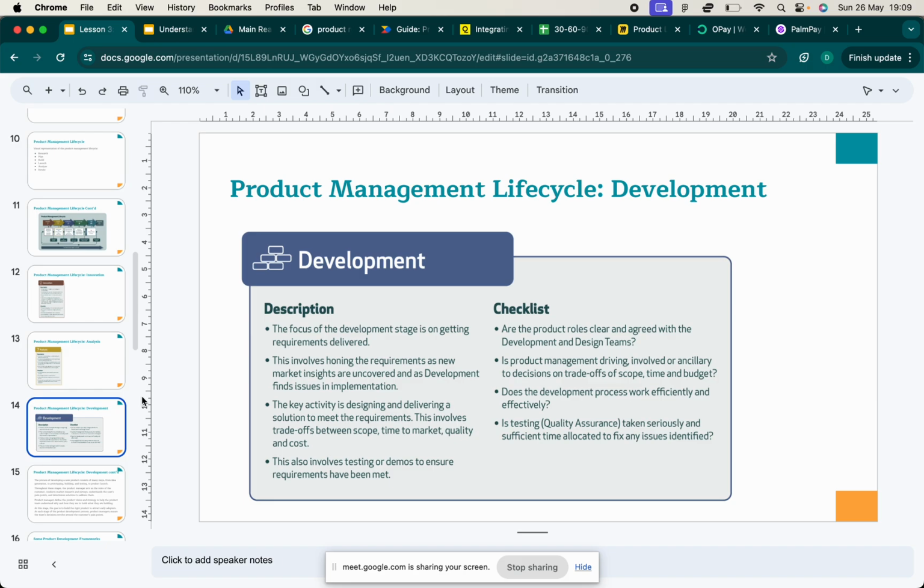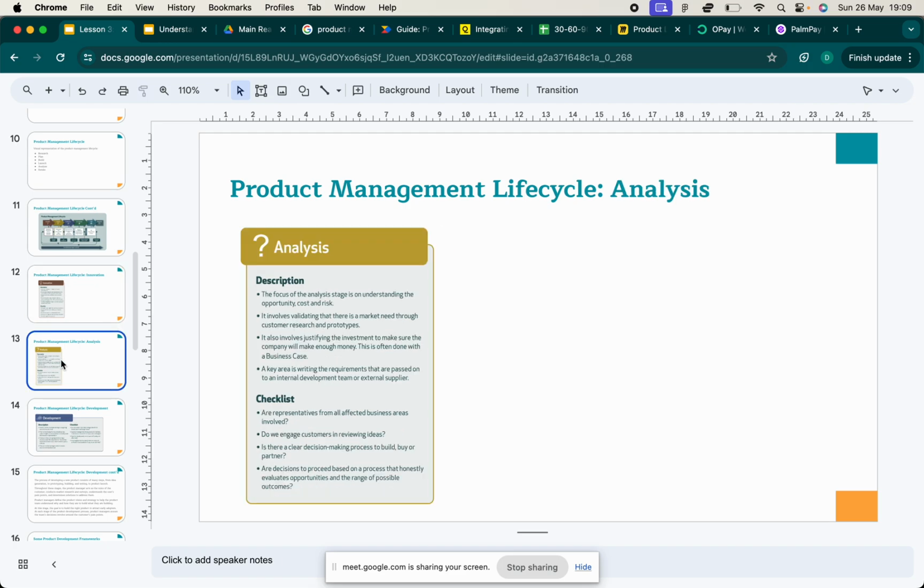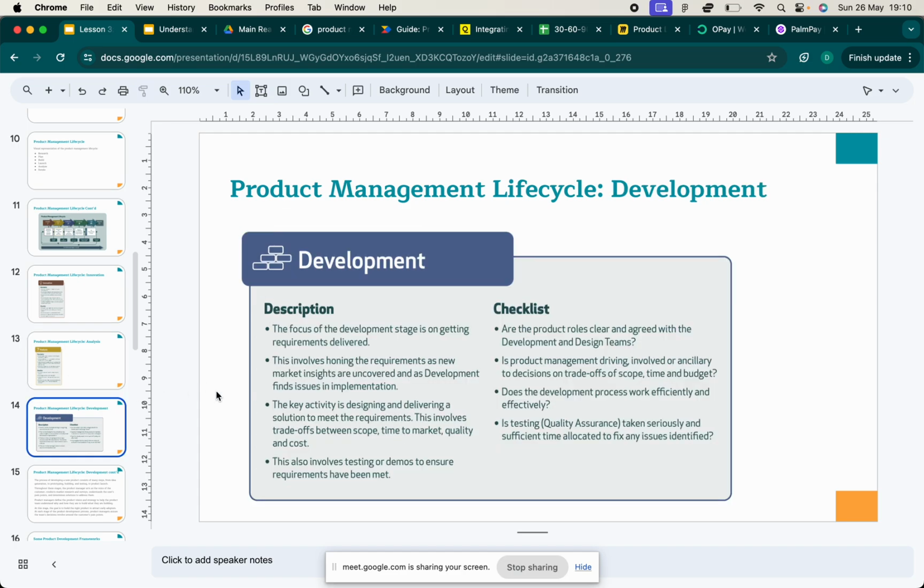And we move on to the development phase. So we know that there is the innovation phase. Innovation just means thinking of various ideas. Analysis means taking one idea and trying to understand whether that idea is worth pursuing. If it is, you continue. If it isn't, you go back and pick another idea. And you do that back and forth until you find an idea that is worth pursuing. An idea that's worth pursuing means it's going to generate more customers. It's going to generate more revenue for the company. And that idea is what you take into development.